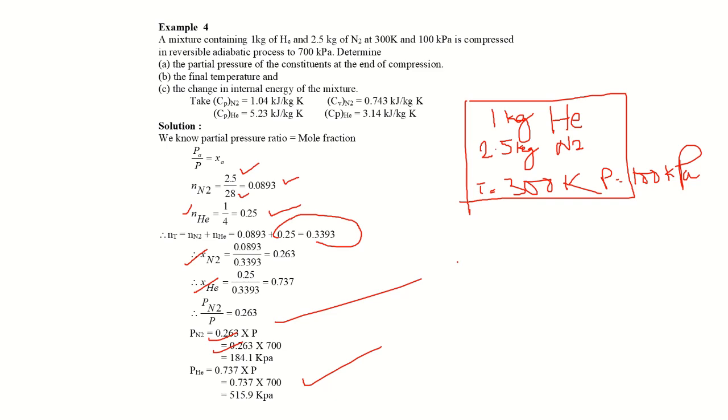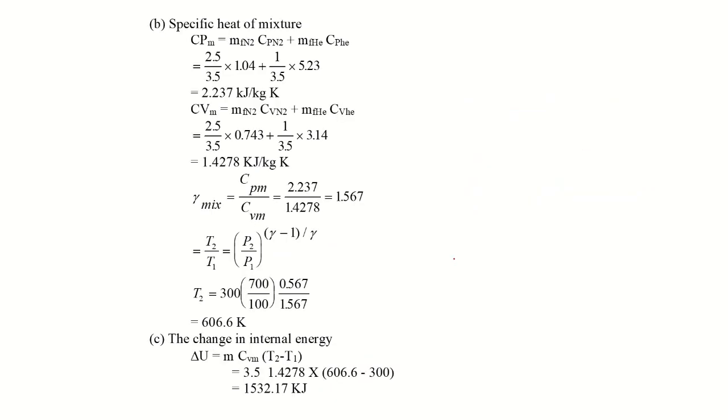Okay. Next is final temperature. We'll do that. So we know again the specific heat of the mixture. I have derived this equation. Mass fraction and specific heats are there. You'll get this. Specific heat at constant volume, you know this. So once I know the specific heat at constant pressure of the mixture and the specific heat at constant volume of the mixture, these values are determined, divided one by the other, you will get the gamma of the mixture.